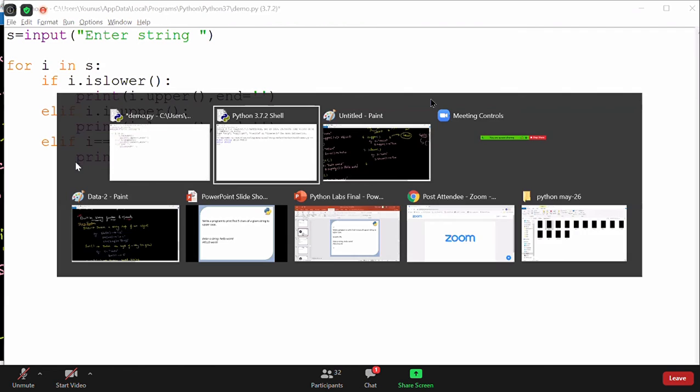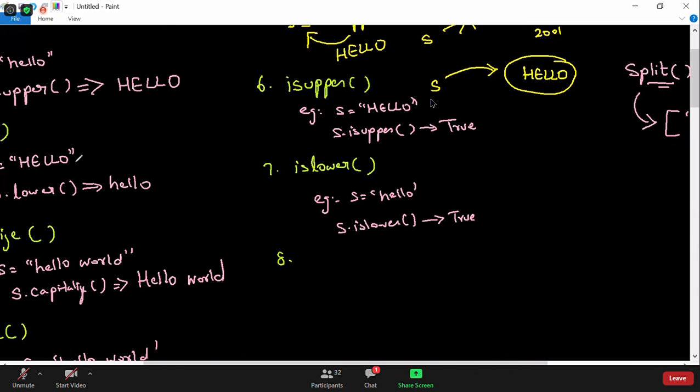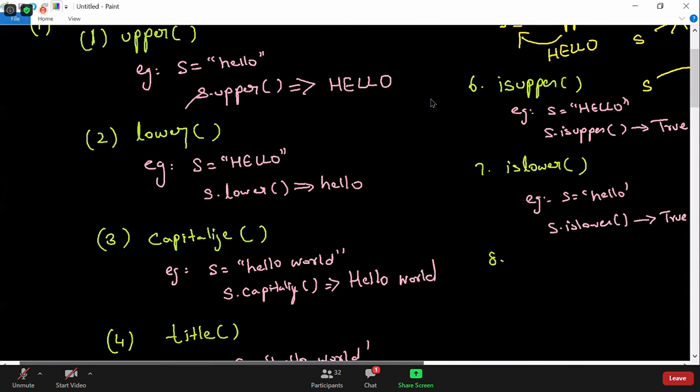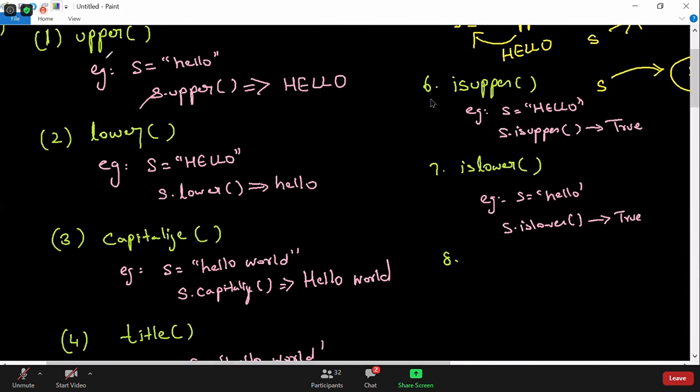So we learned both ways, guys. Okay, that's important. That's why we spent time. Otherwise, we might have completed maximum methods today. But we wanted to also see what we can do without methods. We already know how to convert upper and lower. And without methods, we know how to convert capitalize.